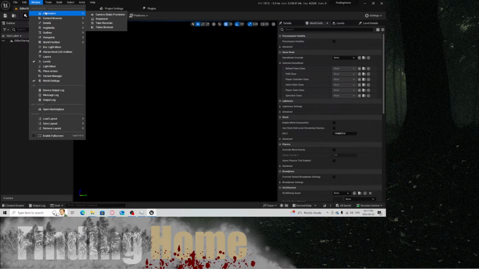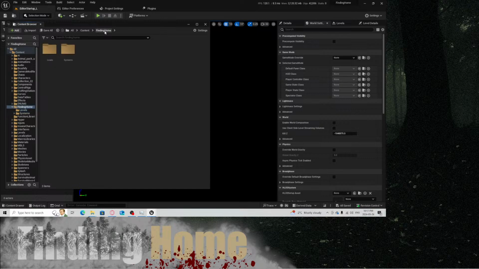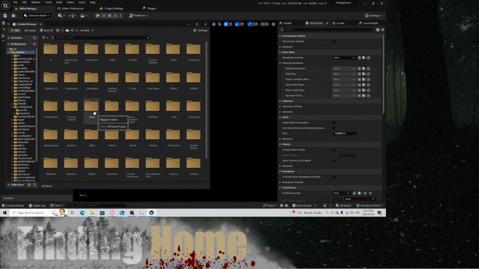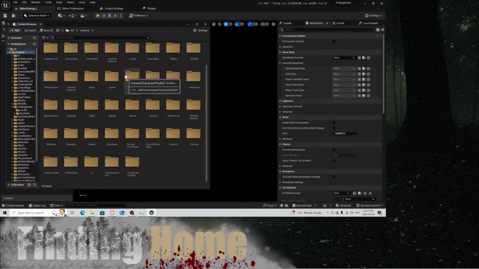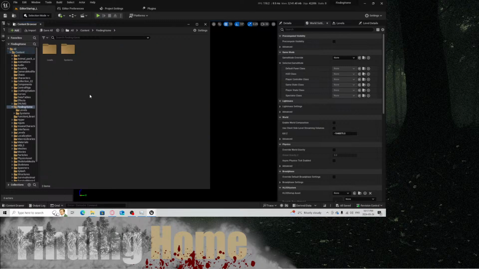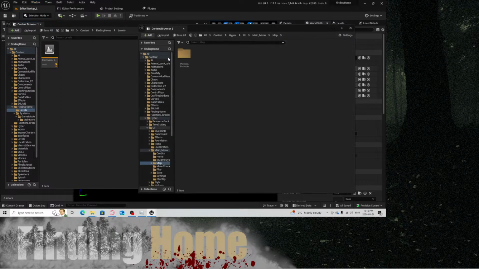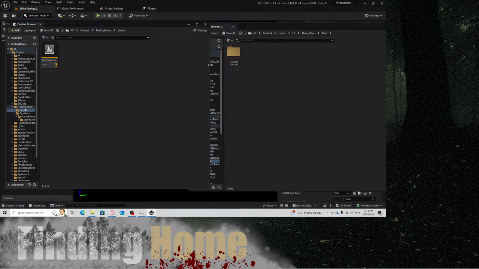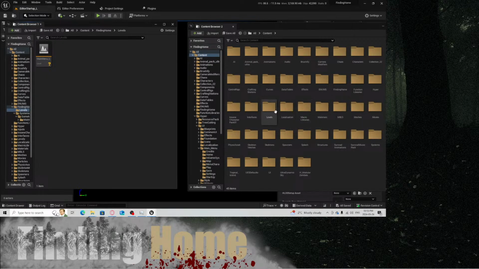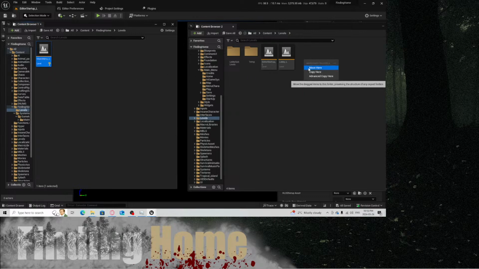Okay. We'll go to Windows, Content Browser. We got other stuff. Bunch of stuff. So right now, if we go to Finding Home, because of course we have that, systems, game modes, menus, nothing here. Systems, levels, main menu level, we have this here. Are we able to go to Windows Content Browser 2? Go to levels and move this to here, and then